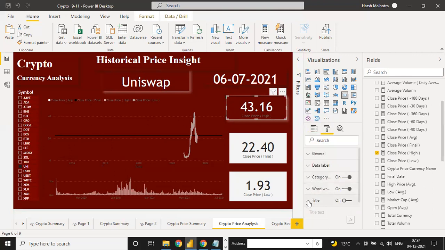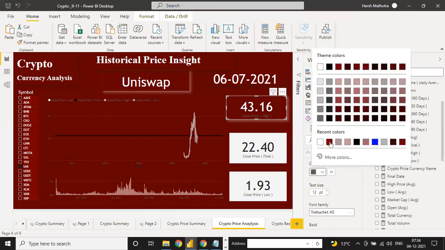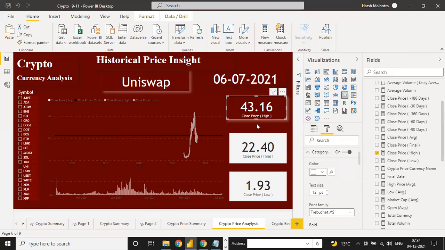You have the title, no, you have the category. So under this you have to change your white and price size.